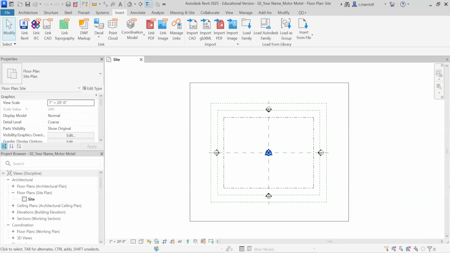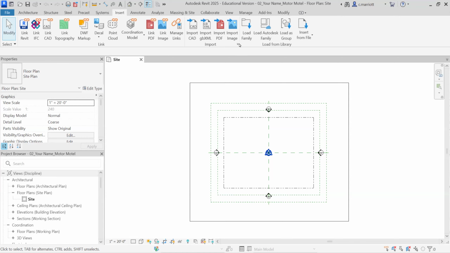In this video, I'm going to show you how to bring in a contour drawing that will be used as the basis for the Toposolid. I'm in the file that has the property lines. In the last step, we centered the site on Revit's base point. And one of the reasons we did that is so that it aligns with the CAD drawing that I'm going